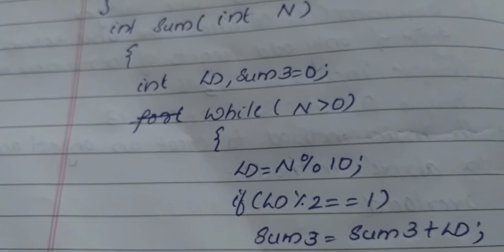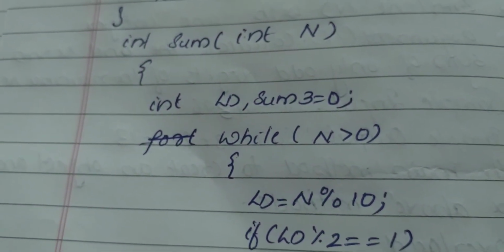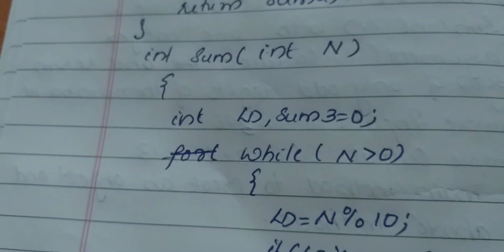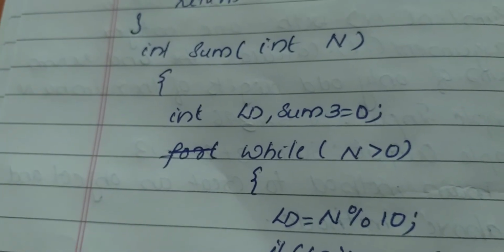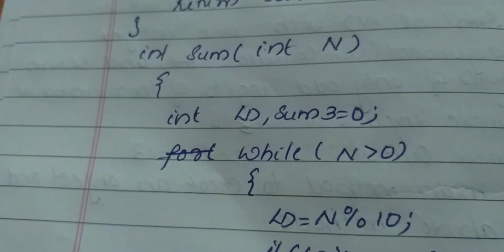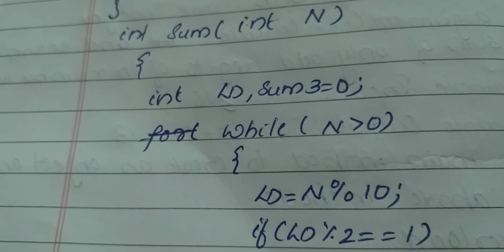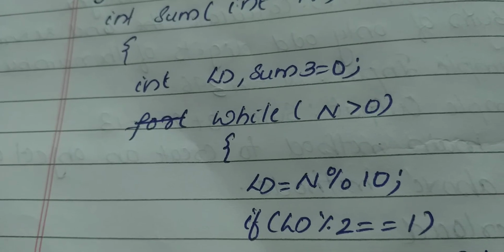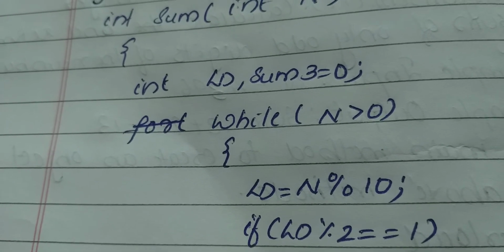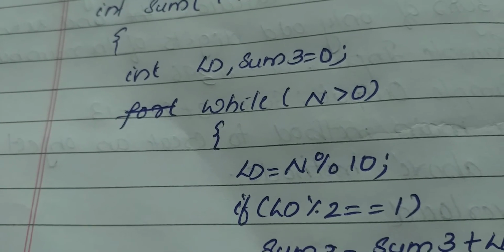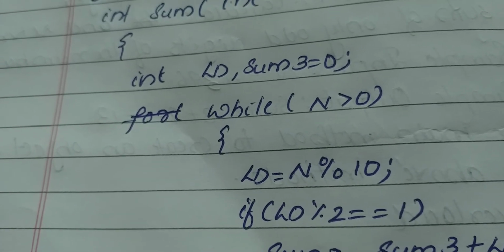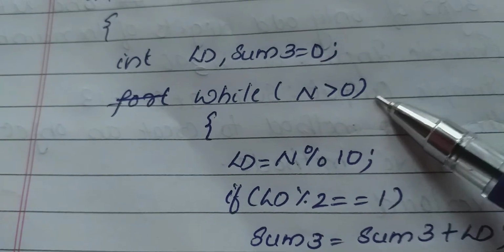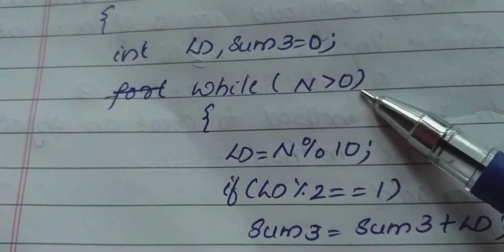So here we are not aware of which type of number the user will give. Whether it is a 4-digit number or a 5-digit number, we are not sure, isn't it? So we can't use a for loop here. That is, we don't know the initial value and we don't know the final value. So here, with the help of a while loop, we can extract each digit in the number. By using a while loop, we want to check the condition whether n is greater than 0. We want to check whether the entered number is greater than 0.